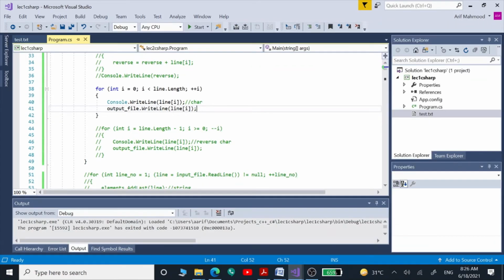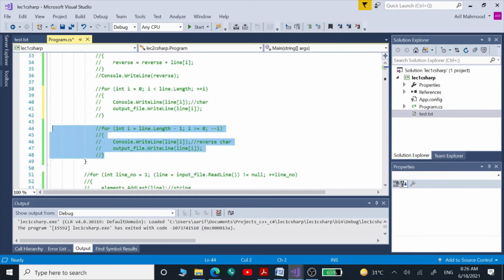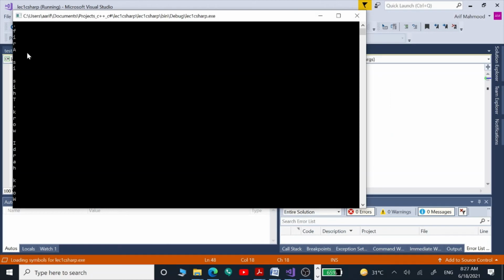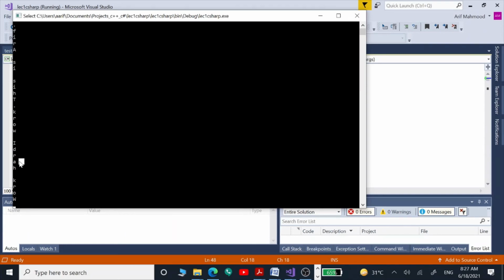And now we are going to see how we can reverse those. So what we are going to do is run through those characters on each line in the reverse order using this for loop. So we can see this is the first line, all characters in the reverse order.